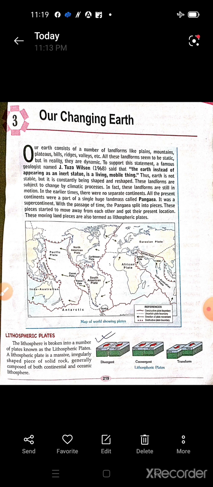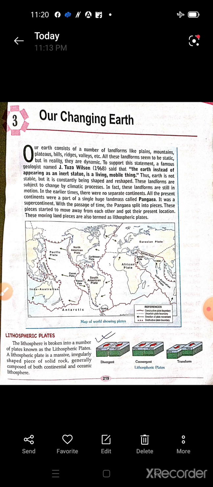A lithospheric plate is a massive irregular shaped piece of solid rock, generally composed of both continental and oceanic lithosphere. So a lithospheric plate is a very big, irregular, not regular in shape, solid rock, a very big part of the lithosphere, which may be composed of both continental and oceanic lithosphere.